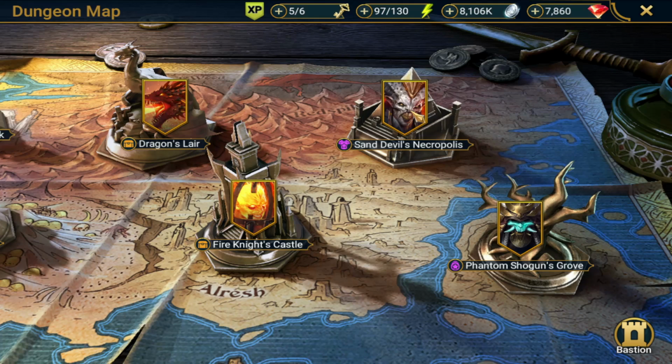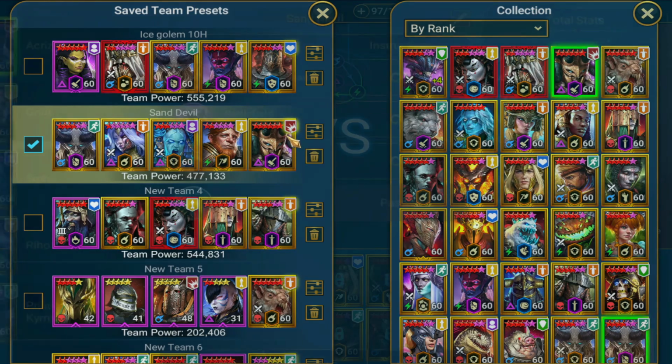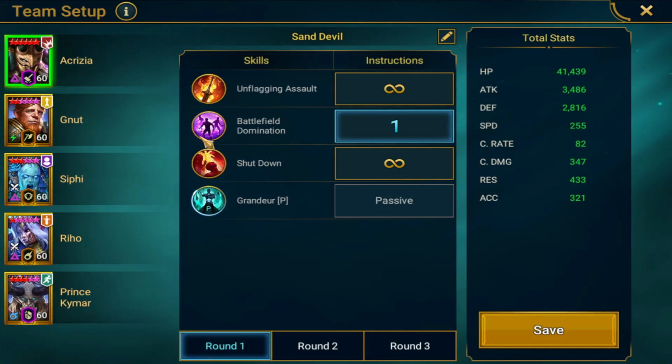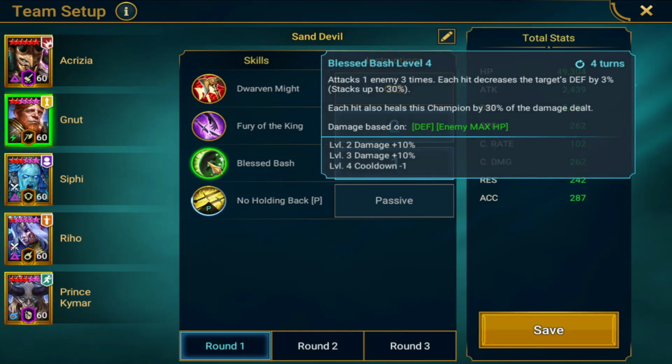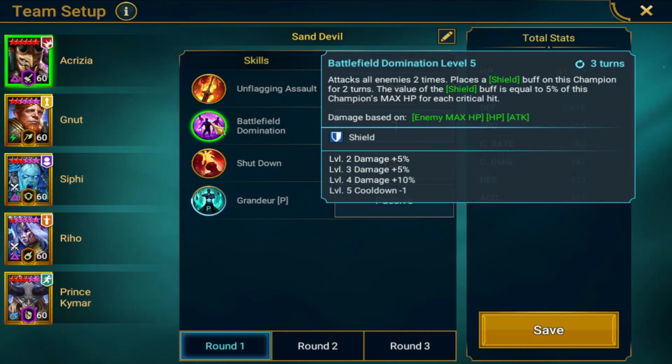Let's try to see if we can do the Sun Devil. I normally run this team with 2 double nut. I'm gonna swap one of the nut for Acrizia. So here we go, and we're gonna always prioritize this skill because this skill is the one that does the most amount of damage. I wanna see if I can cap. Acrizia is gonna go after Nut, so Nut is gonna use this skill and it's gonna reduce the defense of the boss by 9%, and then Acrizia is gonna go with the A2 with the 30% ignore defense